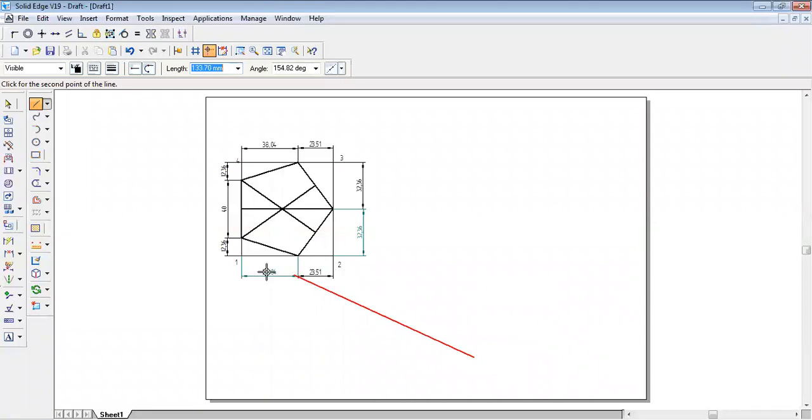Don't draw the entire line. Afterwards, it is very difficult to find this pentagonal point. Okay, first I will go with 38.04 and the angle is 30 degrees. Still, 1 to 2 is not completed. For the remaining portion, again I have to enter the length, that is 23.51, and the angle is 30 degrees.